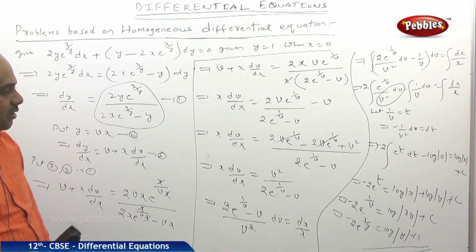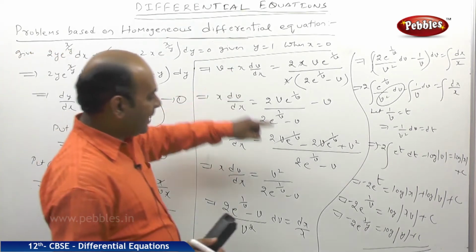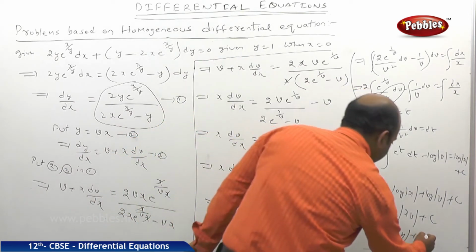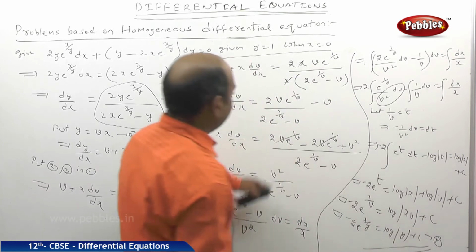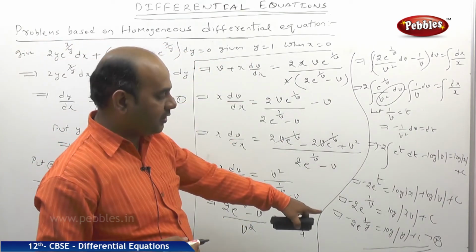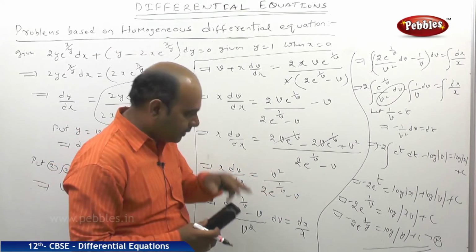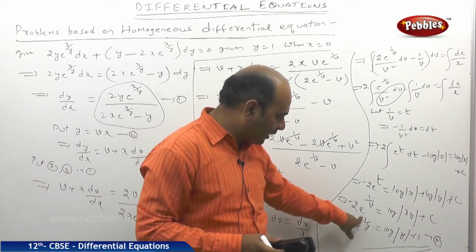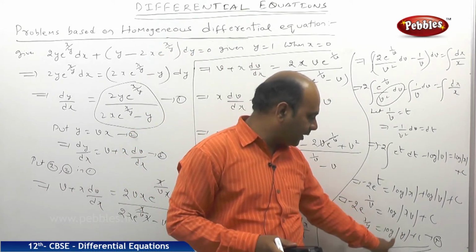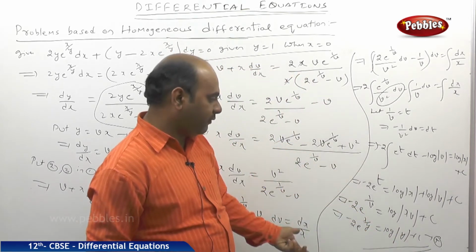Why the problem had not been finished means, he is asking when x is equal to 0, if I call this as number 4, when I put x is equal to 0, we need to put y is equal to 1. So when x is equal to 0, what happens, left hand side will become 0, and when y is equal to 1, this particular part will become also 0. Therefore finally c